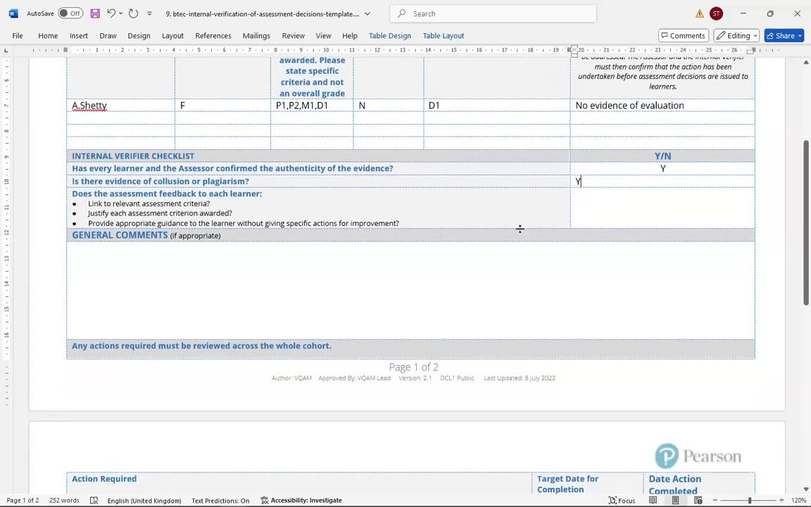Is there evidence of collusion or plagiarism? There wasn't any there. You could see. Does the assessment feedback to each learner link to relevant criteria? Well, it does. Justify each criterion awarded? Not really. Provide appropriate guidance? Not really. So general comment would be